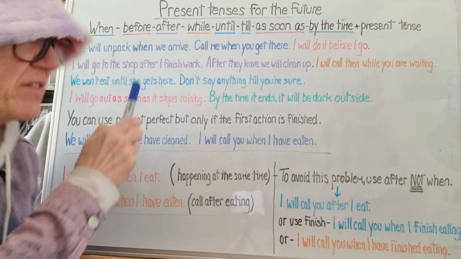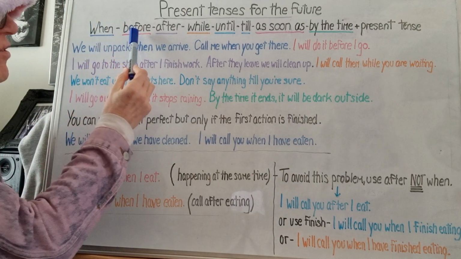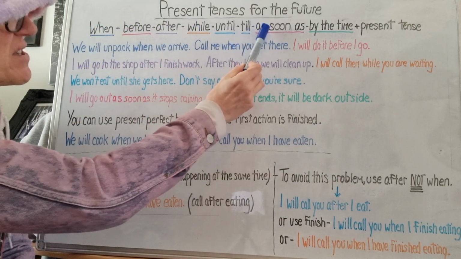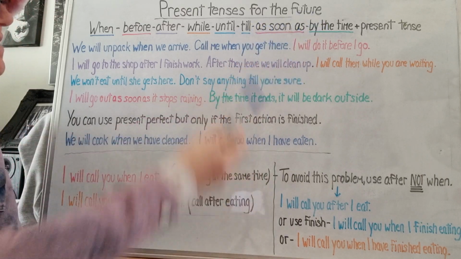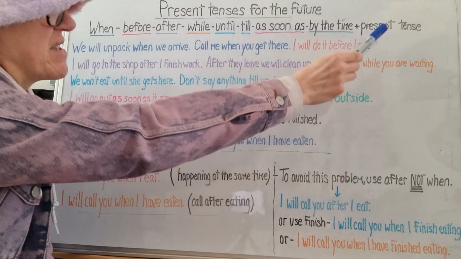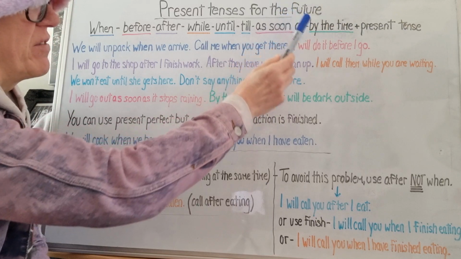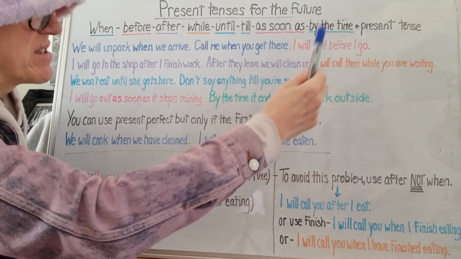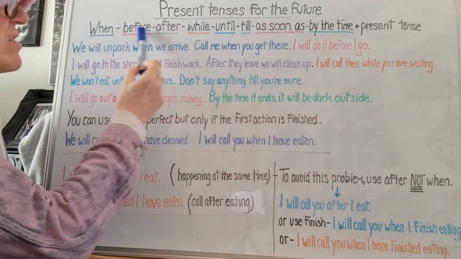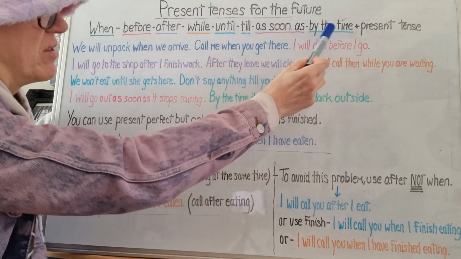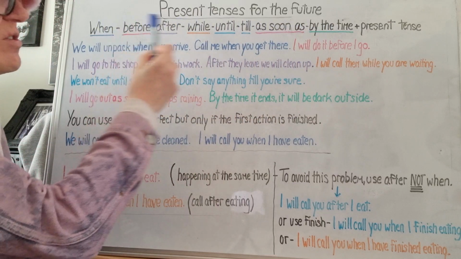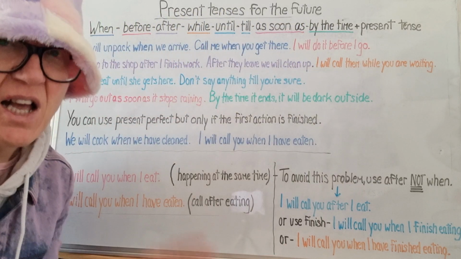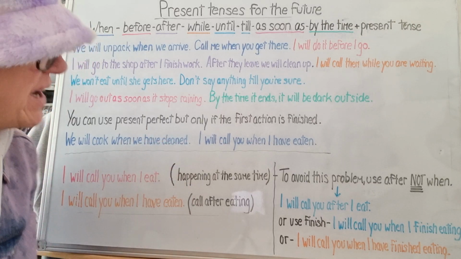But today we are looking at these words: when, before, after, while, until or till, as soon as, and by the time. These words are followed by a present tense when we are talking about the future. Not a future tense, a present tense. Present simple, present continuous. So after these words, we don't use will, right, or won't. We use it in a different part of the sentence unless it's an imperative. I'll show you what I'm talking about right now.